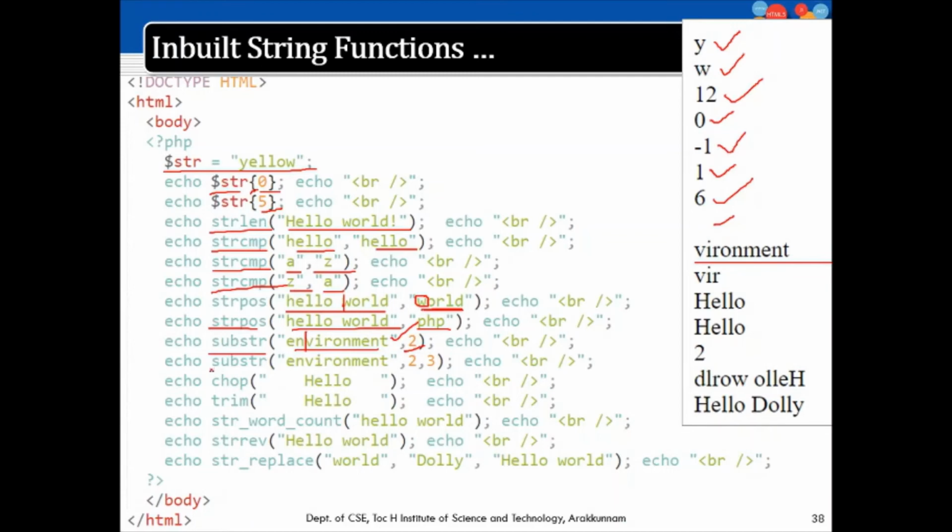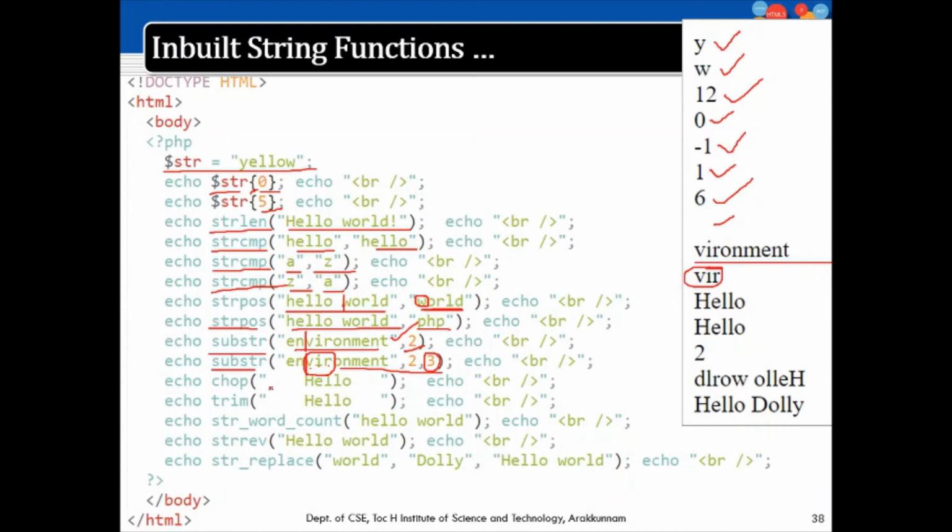On the other hand, if you use the substring function with three parameters, starting from V, again the second parameter, but the third indicates the length of the string to be returned. So it will return 1, 2, 3. This will be the output, vir. You can see here vir is the output of this substring. So hope that is also clear.